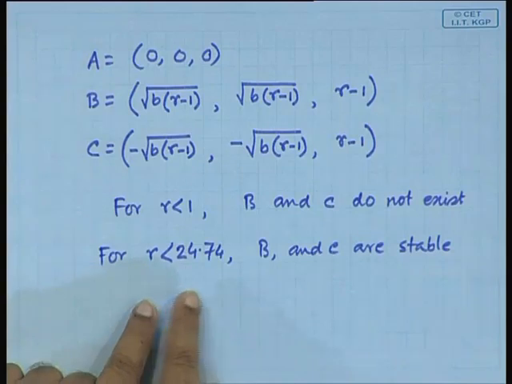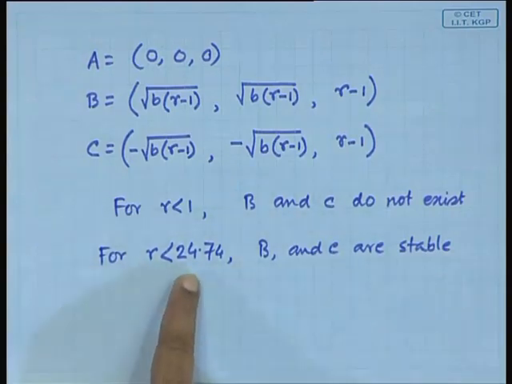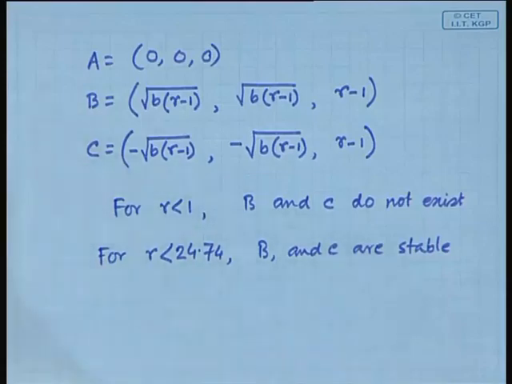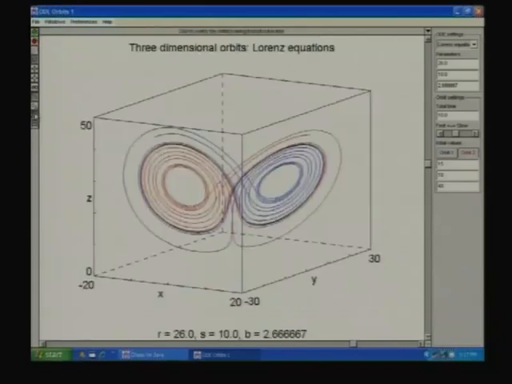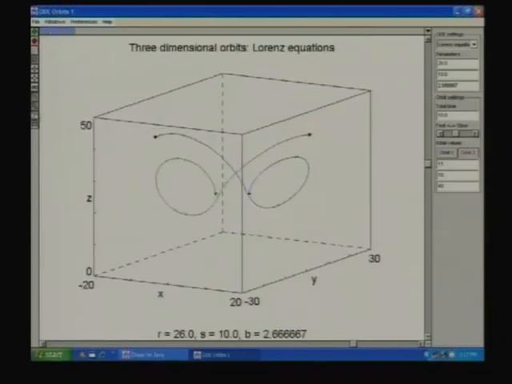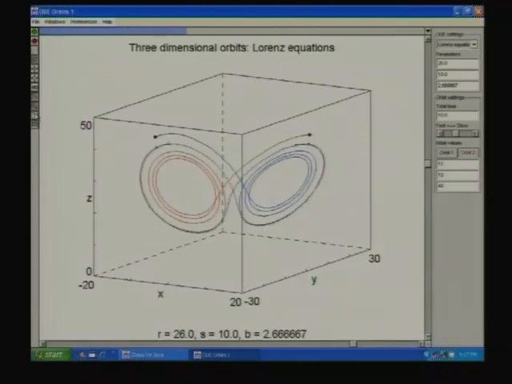Now, if I increase it through the 24.74, maybe say I make it 26, then what will happen? Then see what happens. They are going out, right, but then after some time they